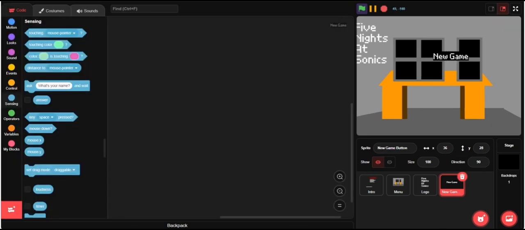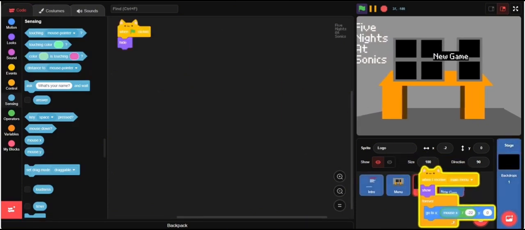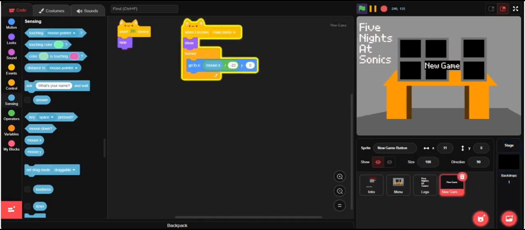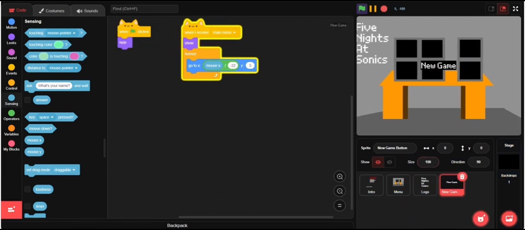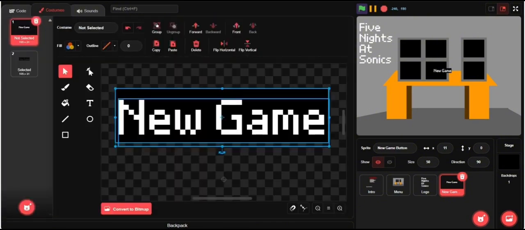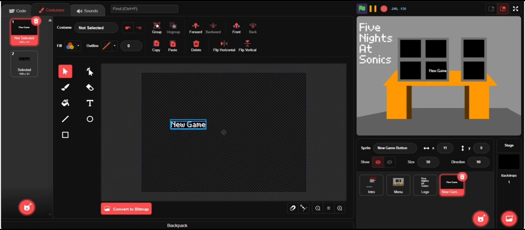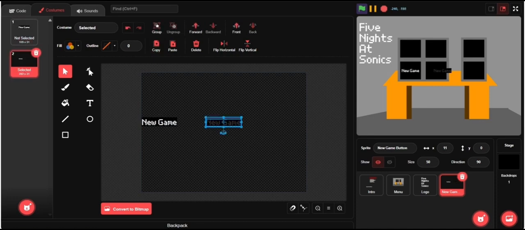And we're going to want to hide. We're going to import our script from main menu. Now we're going to edit this bit and have to change its size. Now if you want to move, guess what? Edit the costume. Copy and paste, and we just want to move this to